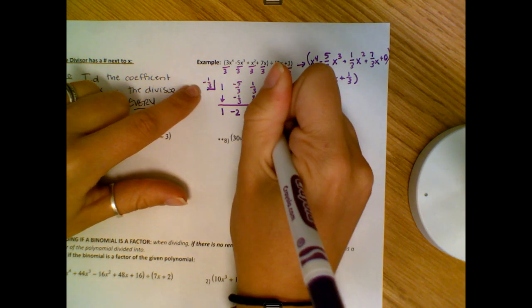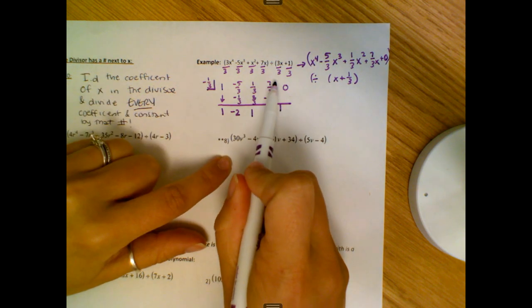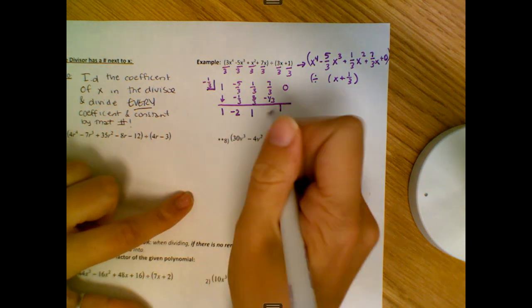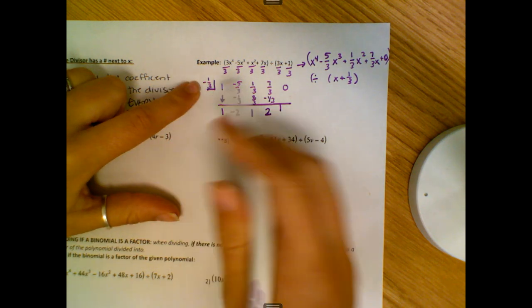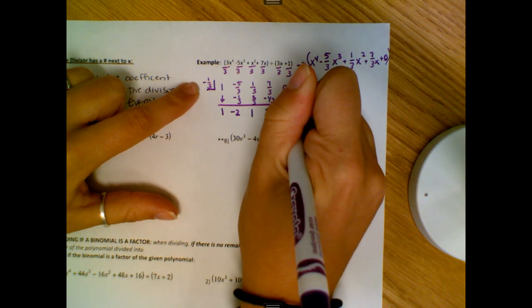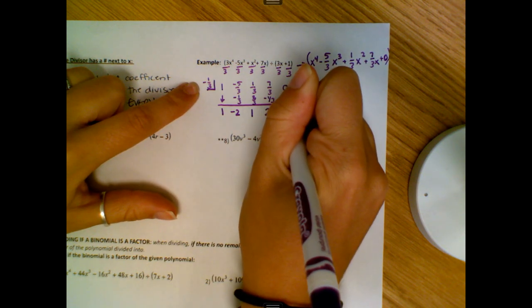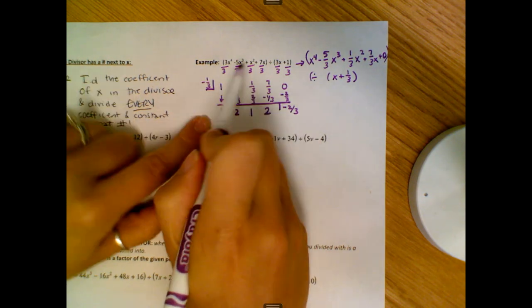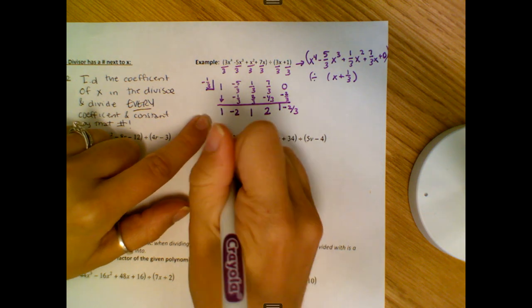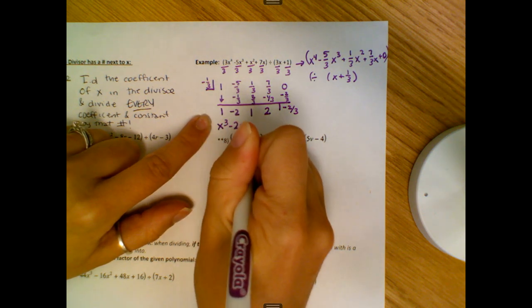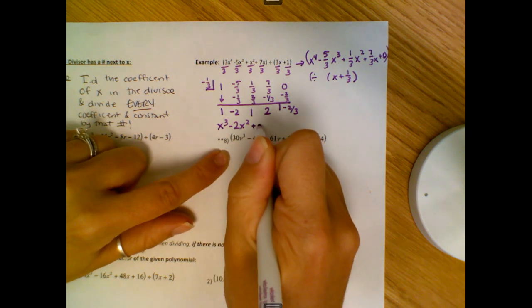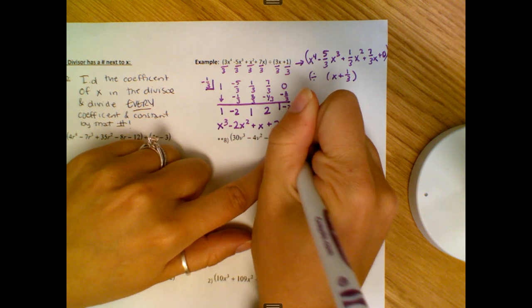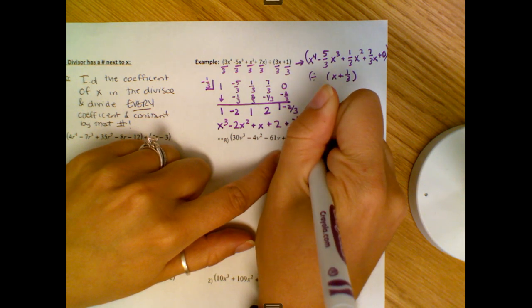1 times negative 1/3 is negative 1/3. 7/3 minus 1/3 is 6 over 3, which is 2. 2 times negative 1/3 is negative 2/3. So that's a negative 2/3. We write our final answer. This degree was 4, so we drop it down to thirds, then square, then 1x plus 2, and then we want a plus negative 2/3 over